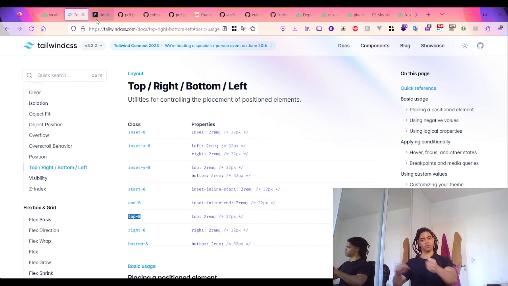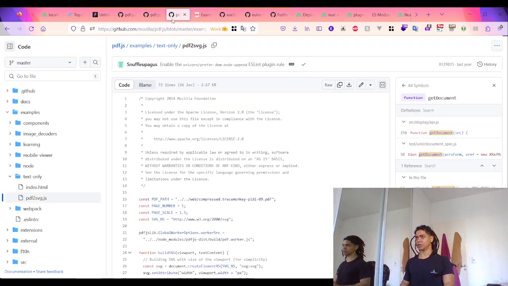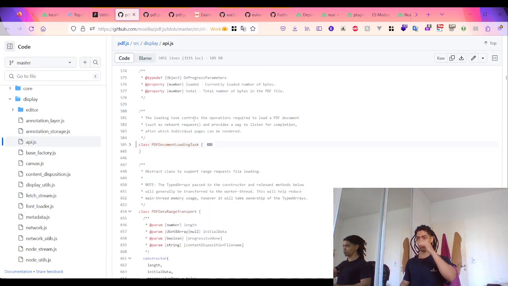But if we want to make things much more performant, especially thinking of users with low-end power devices, well, we can now load just that one page. So instead of fetching the entire